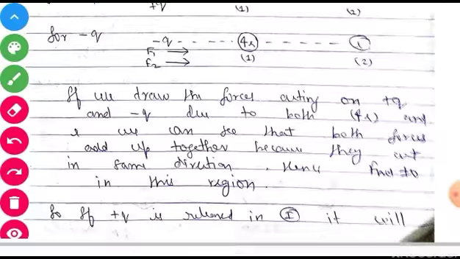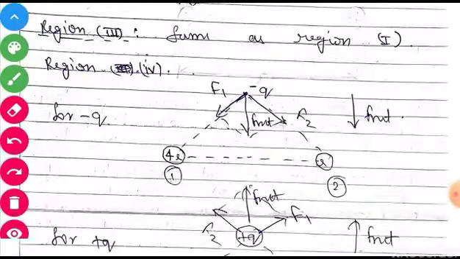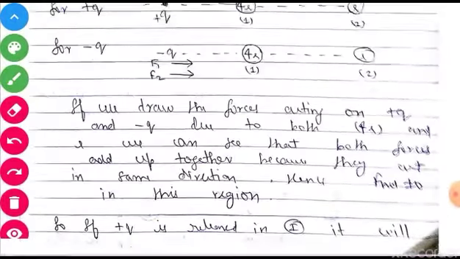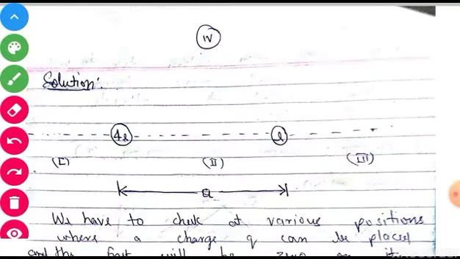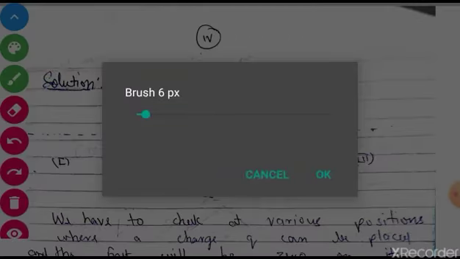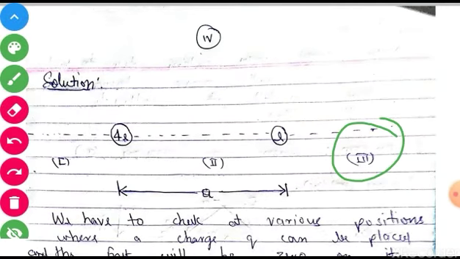So if we move to region number 3, it is similar to region 1. The whole analysis we have done for region 1 will be similar for region 3 also. So there is no need to discuss everything again for region 3. You can do it by yourself. It is just symmetry. Everything will be the same at region 3, behavior, forces and all those things. So region 3 is also not our point.